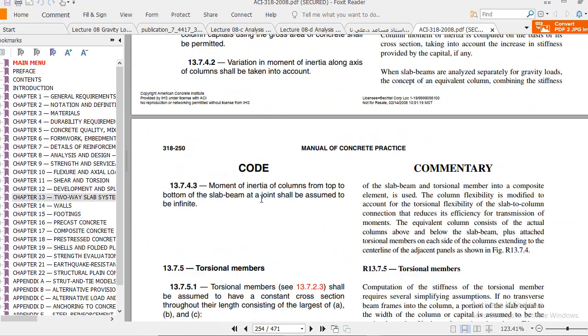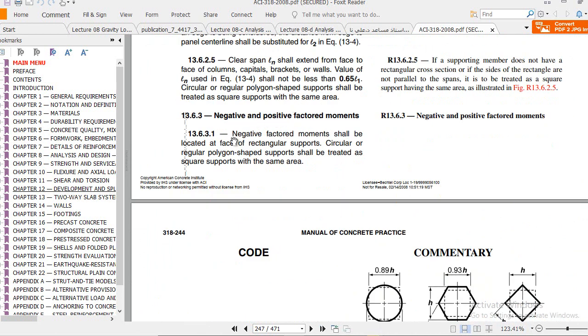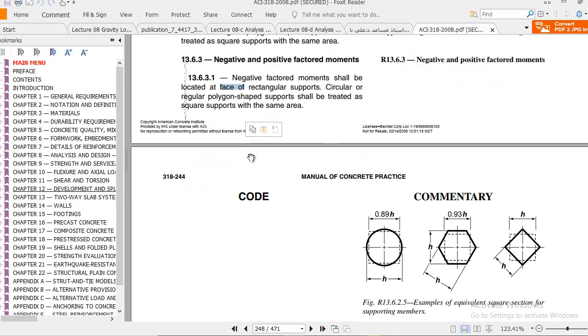Let me show you those face moments. Okay, you see here, this section basically explains negative factored moment shall be located at face of rectangular supports. Circular or regular polygon shaped support shall be treated as square supports with the same area. This means that the ACI code allows you to use face moments, not the center line moments, because remember